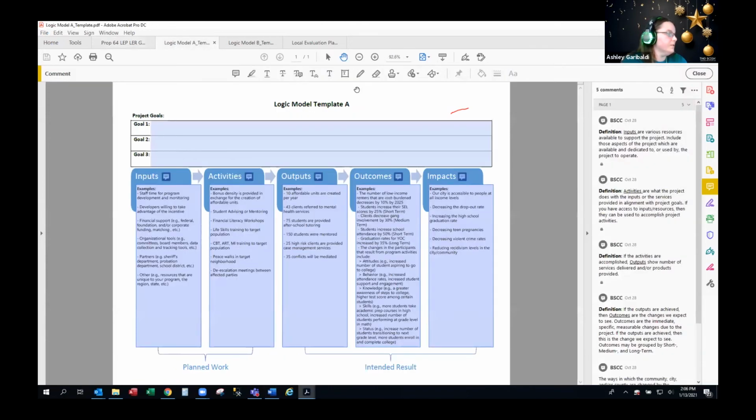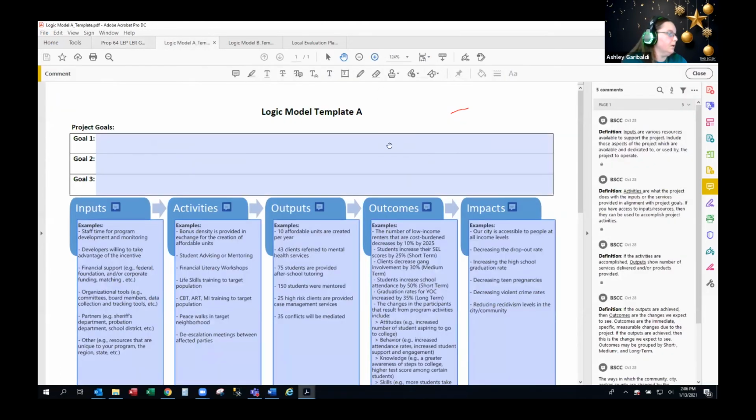So this is our first logic model. I'll make it a little bit bigger. Logic model template A. This is actually just a fillable template for you to put your goals and objectives in. Again, they should be the same, if not slightly different, than what you proposed, and then let Helene know if they do change. If you hover over each one of these, you'll see there's a definition of what inputs are and activities, etc.